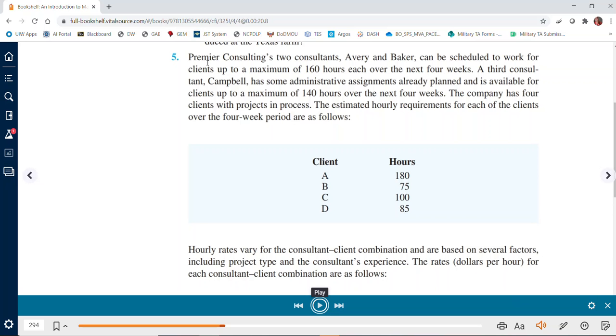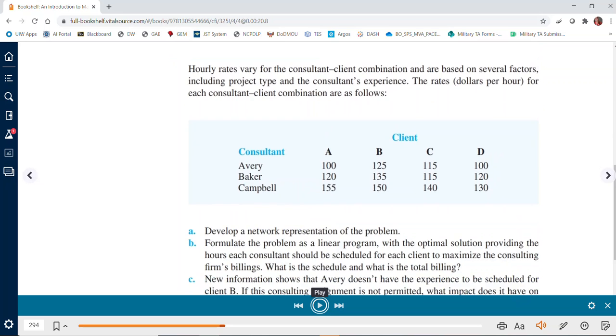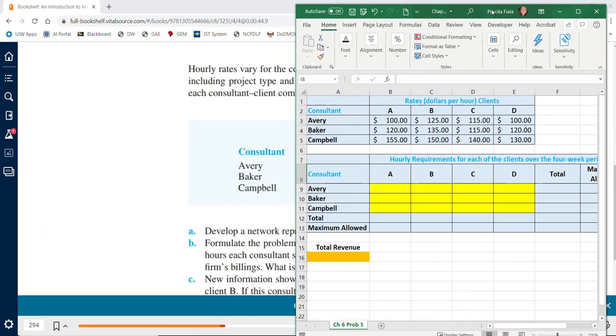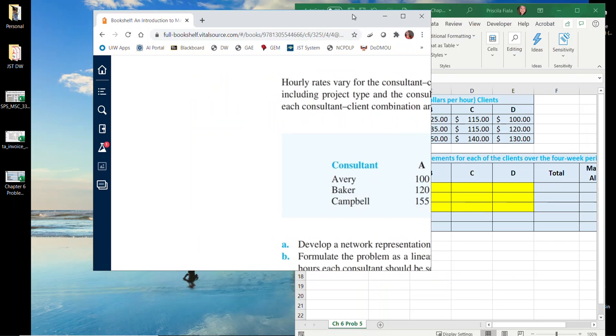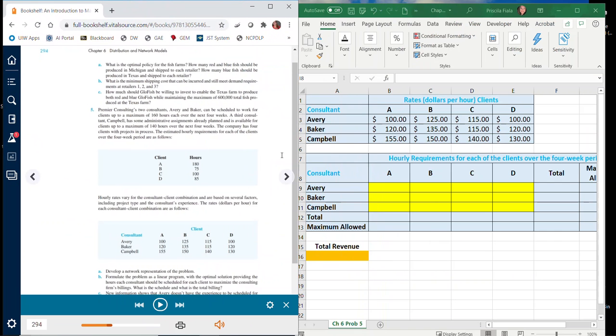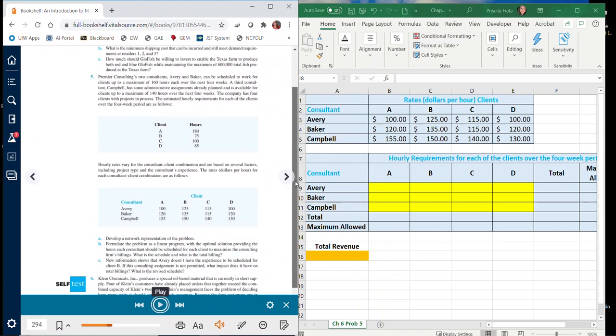So let's read it. Actually, if you notice on question A, it asks us to develop a network representation for the problem, which I have done here in Excel. And I'm going to go over it right now by reading the problem. And we're going to be working on it. So the problem, let me just put it down here. Okay, so the problem reads